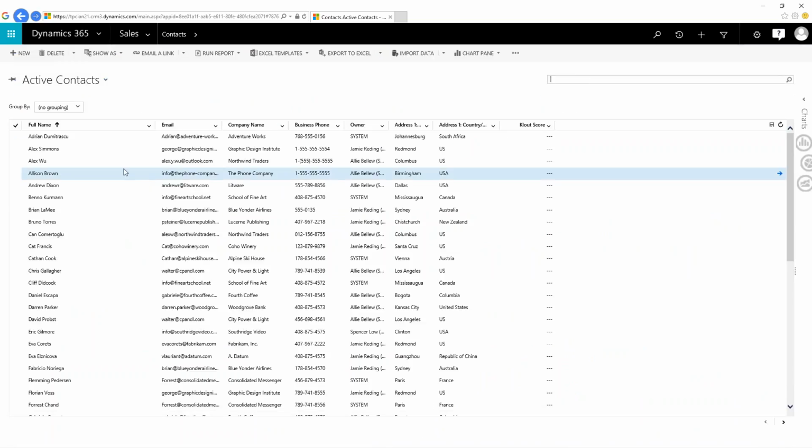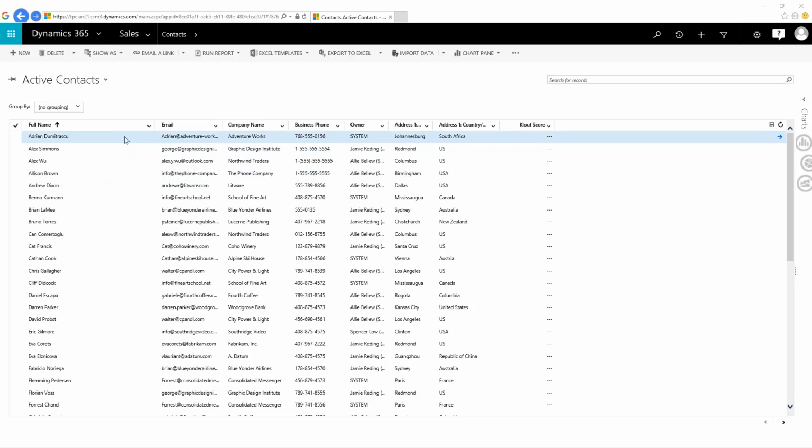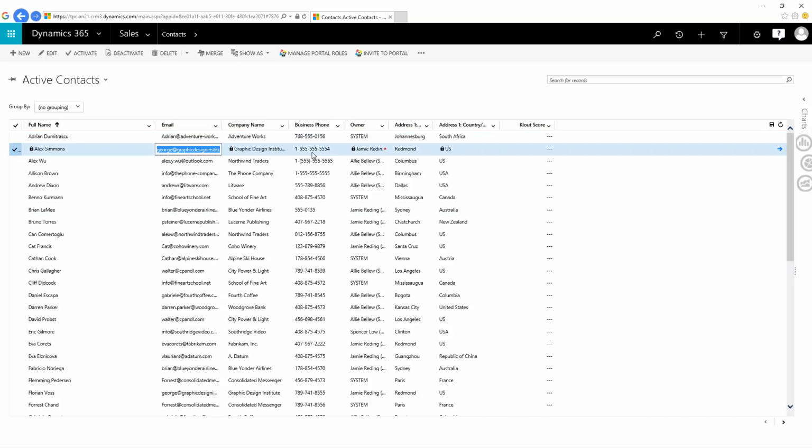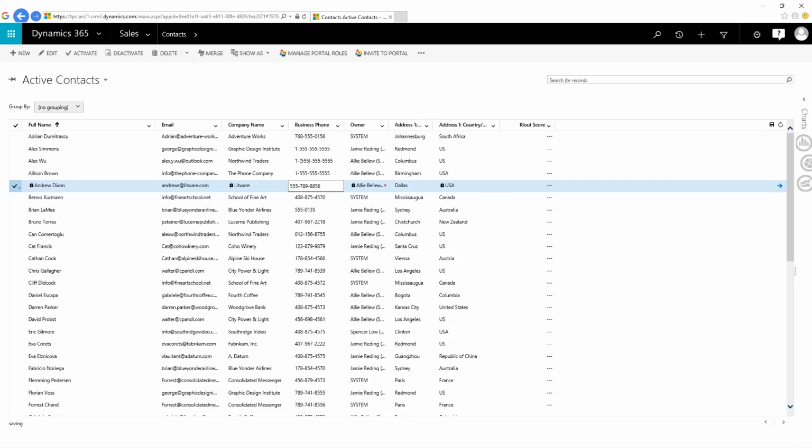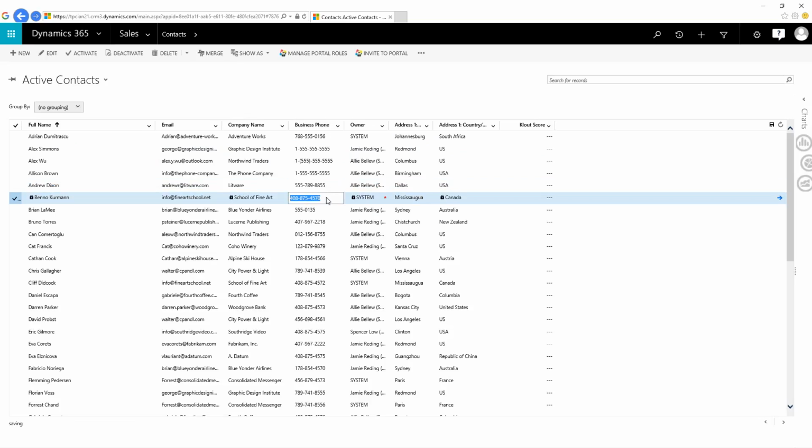Finally, we have the concept of editable grids. So if the audio was turned on, some of you might be clapping because it is a very nice new feature that's been enabled. This idea of editable grids, you can turn it on entity by entity, but now I can go in here and click on the grid and I can edit this email address, or maybe I can modify this phone number and change that phone number, and then go down here and click on the item and change this phone number as well. So I can edit the grid inline.